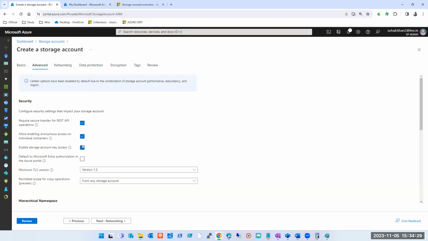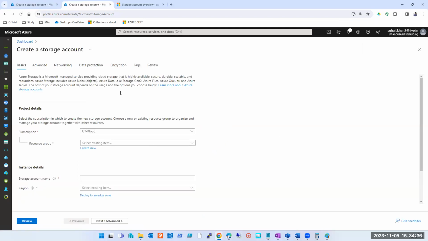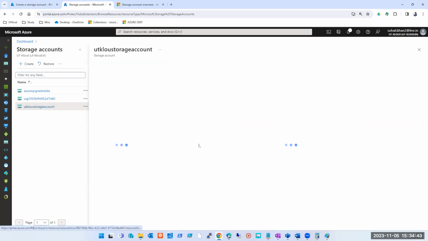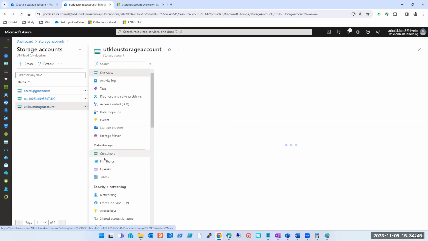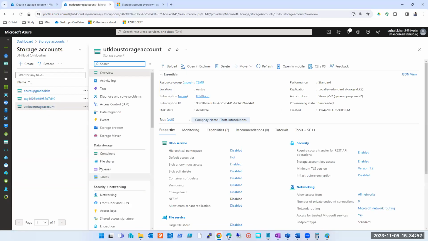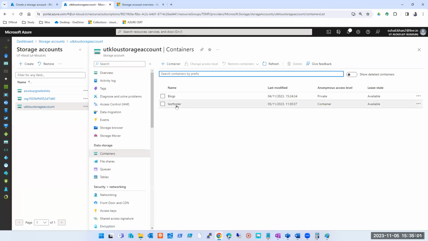By the way, with this setting, it is not one time. If you leave it here, you can change it later. So in yesterday's account, I changed that setting, and now let's see if you guys are able to access this. This is my yesterday's account. I'm going to container. Okay, so we are talking about only container. This point, guys, the second point, is specific to container. It is not talking about file share, queues, or tables, only container. So let's check container.